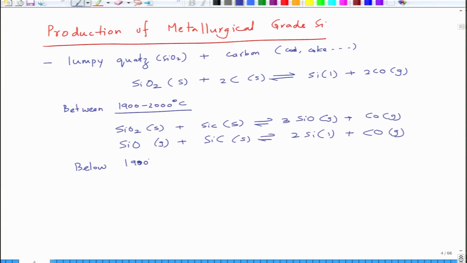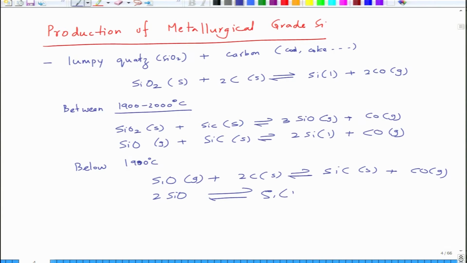Below 1900 degrees centigrade, the reactions that occur are SiO gas plus 2C in the solid form makes SiC solid plus CO gas, and then 2SiO gives rise to Si liquid plus SiO2 liquid. So, the liquid that you get after this processing is, first you go to 1900 to 2000, then below 1900 gradually, and then you obtain from this liquid silicon which is